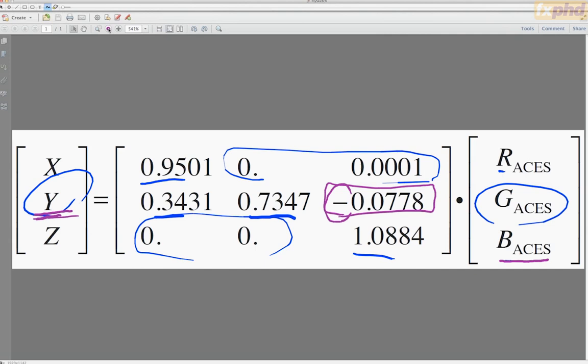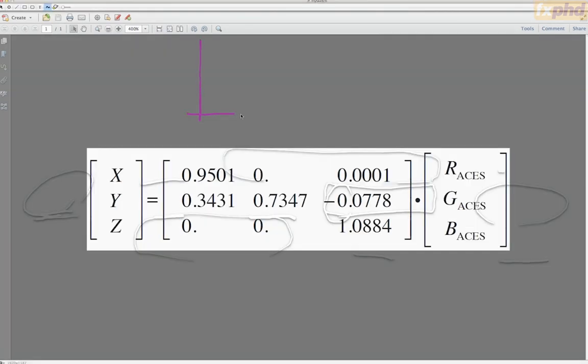So what's happening here is that if you remember, I need to pick a higher contrast. Sorry, let me get myself lined up with drawing tools. So you remember the little x, little y chart, and we've got the horseshoe, which is all of the colors, not just all of the colors you can see, because vision is defined, a color is defined by vision. All of the colors are in there.